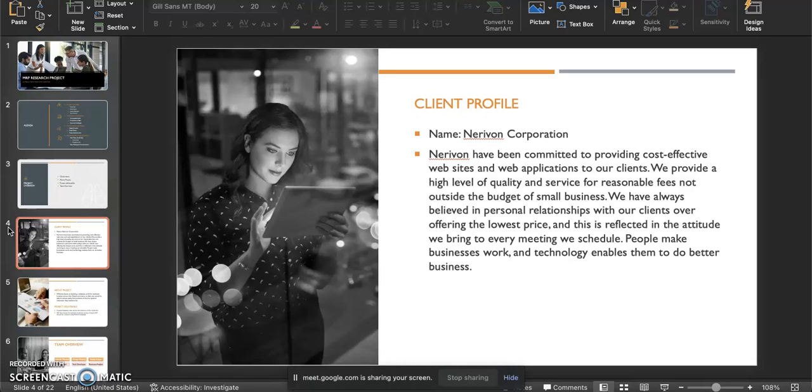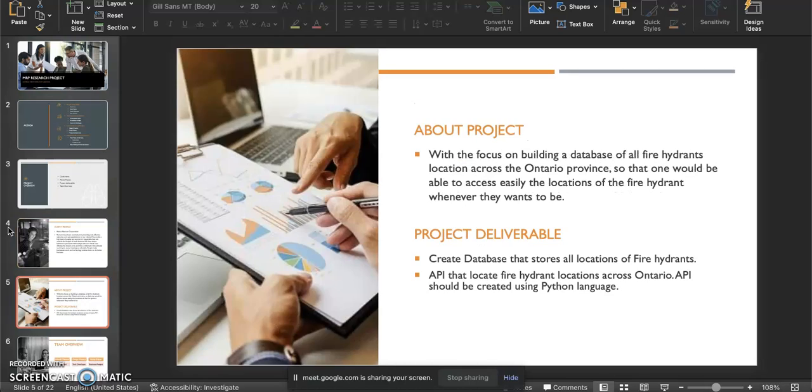One thing that I really like about Nerivon is that they provide their best services at the lowest prices. They believe in personal relationships rather than revenue and business, and they help their clients use technology at its best level. Now, in the next slide, I'll explain the project, which is the Ontario Fire Hydrant API